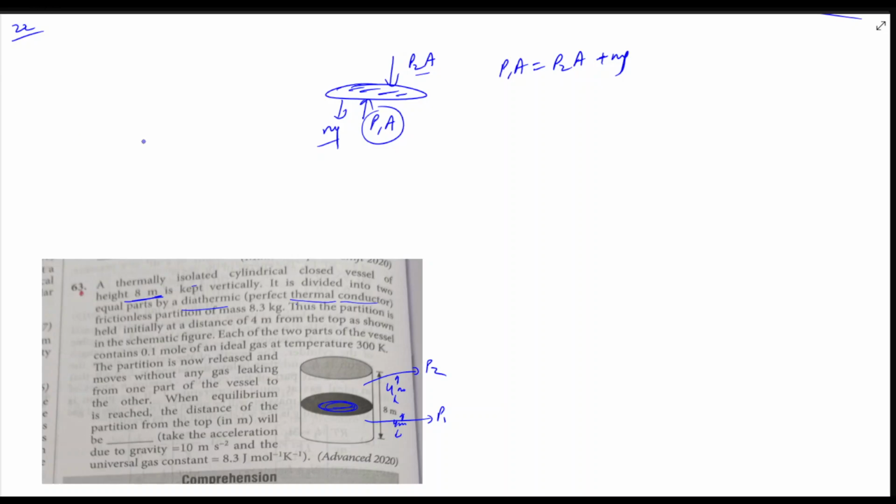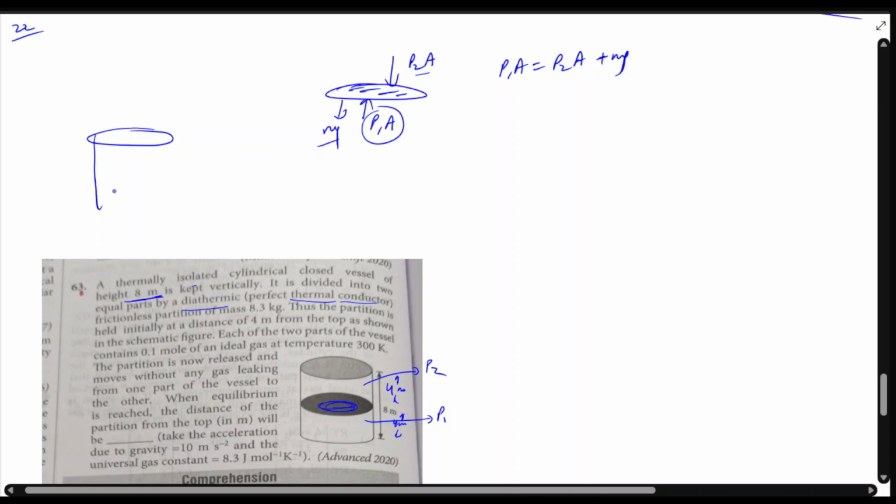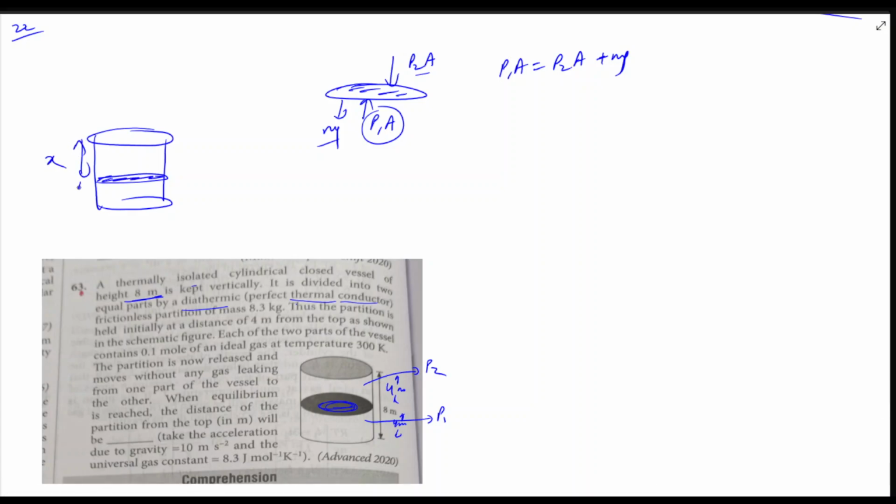Okay, so let me make another diagram. We have this container and this is our partition, and let's say this is x, so this will be 8 minus x. So P1 will be according to this and P2 will be according to this. So let's just write it. P1 will be nRT,